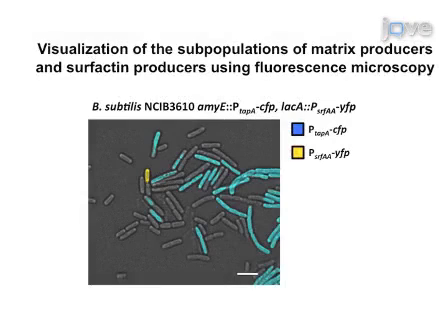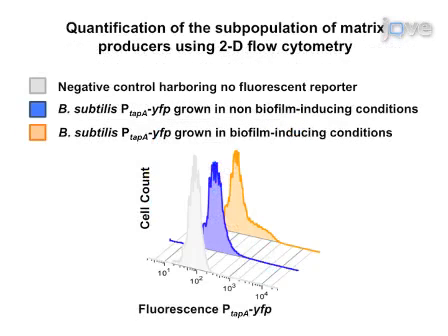Ultimately, the results show how cells specialized to produce and secrete the extracellular matrix that constitutes the biofilm are a different subpopulation from the cells that secrete surfactin, the signaling molecule responsible for the differentiation of the subpopulation of matrix producers. The main advantage of this technique over existing methods like quantification of transcriptional expression using beta-galactosidase assays or microarray analysis